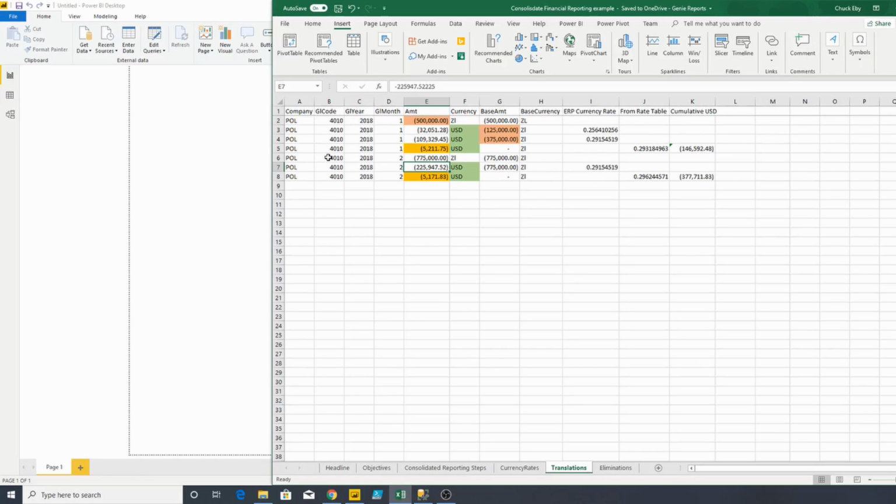So now, if we look at the activity on a cumulative basis for our zloty, our Polish currency, we see that we have 1,275,000 zloty that we did on a cumulative basis for our sales. Now we look at what our average rate was for the end of February, and we see that it's 0.29624. So if we multiply this currency rate by the 1,275,000 on a cumulative basis for our GL account 4010, we want to see